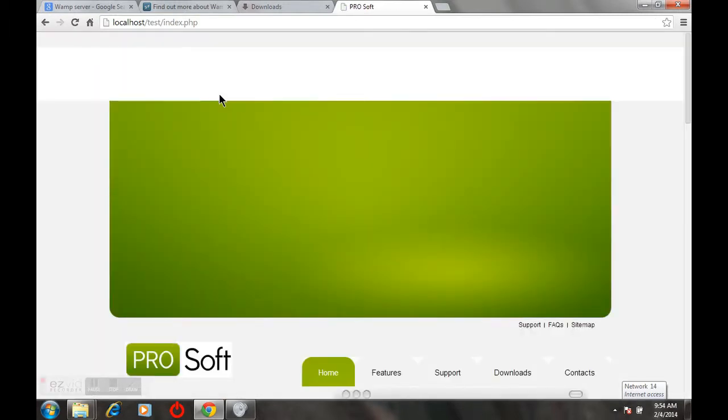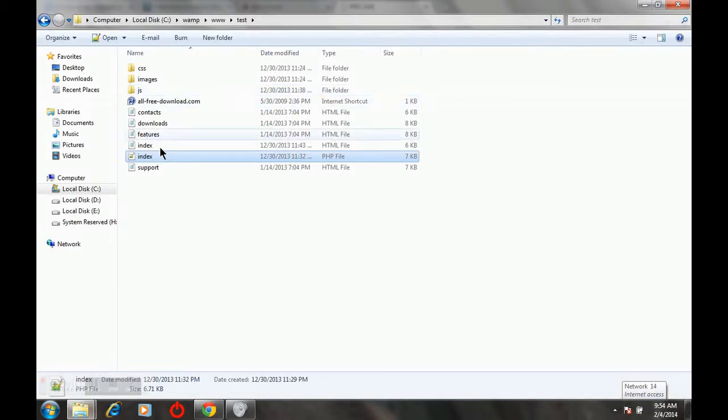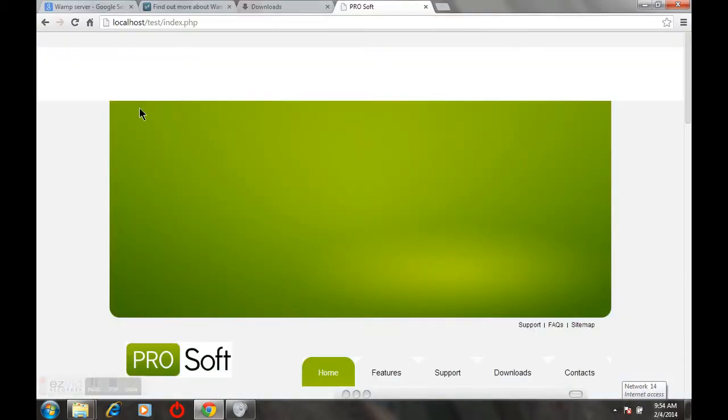You can see that whatever I have written inside index.php, it is getting displayed on the browser. This display on the browser is done by Apache. So it means that our PHP and Apache server has been installed properly.